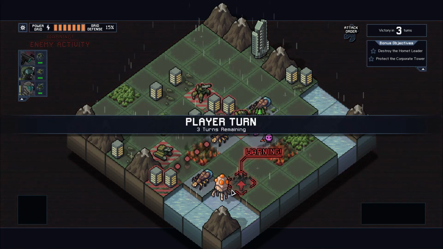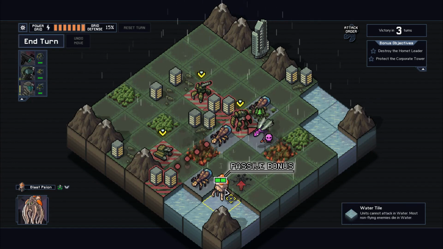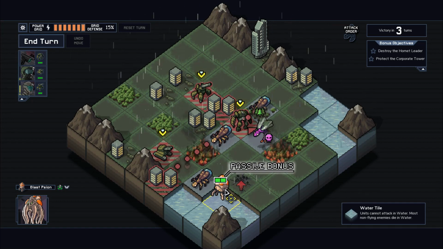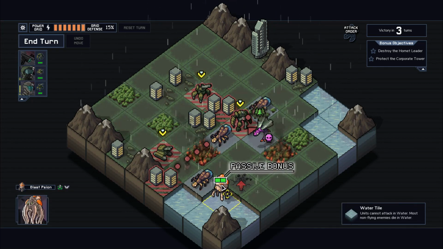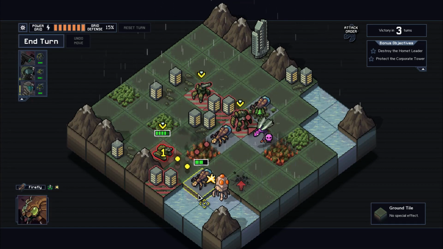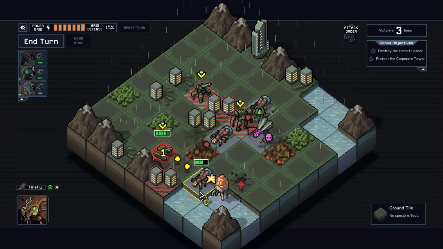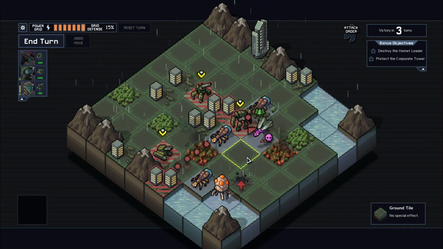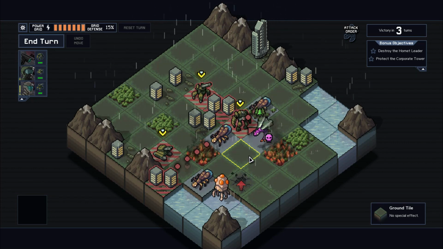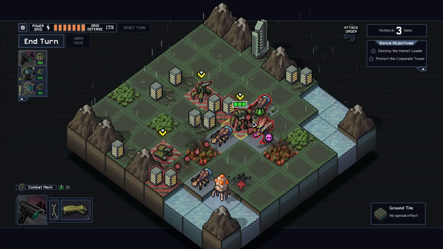Ooh. Alright, well, that does 1 damage. Oh, actually, no, the blast will actually kill the scion. So that actually takes care of him. And if I punch you into the fire...